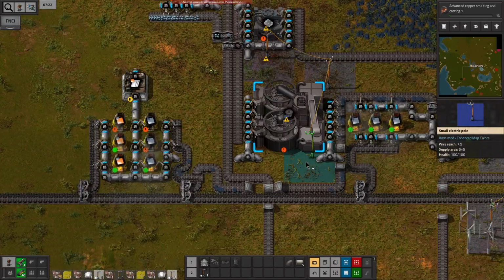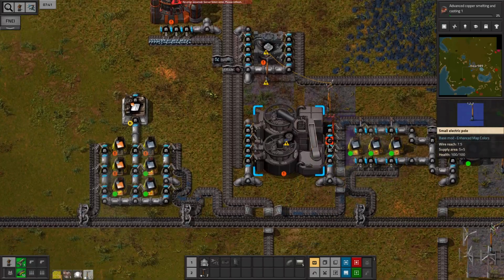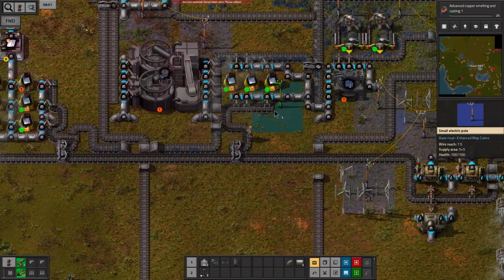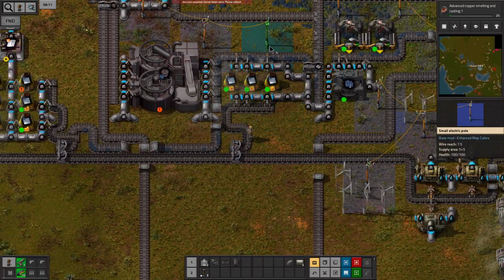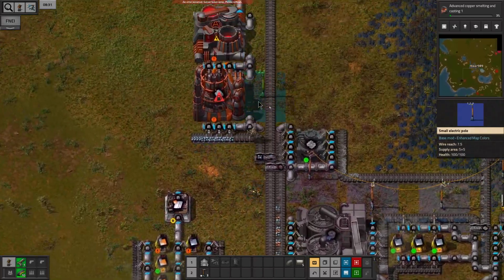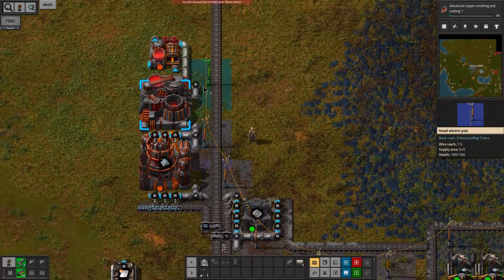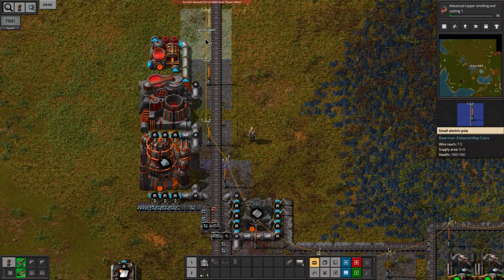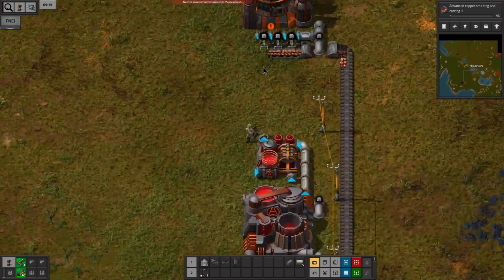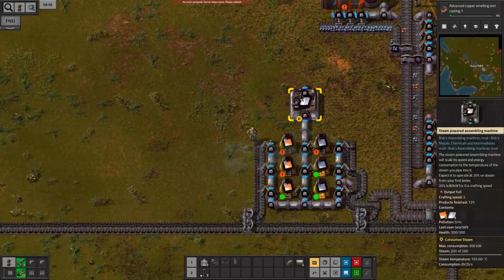So first things first, we need to get this big boy turned on if I can. Ooh, there we go. Maybe I need to put squeak through on if I'm going to be getting stuck like that by accident. Alright, so we got that kicked on. Now we need to get power run up here to all of these. By the way, I also put 3 of them up there for the copper, so it will run when it's ready. And we need to get